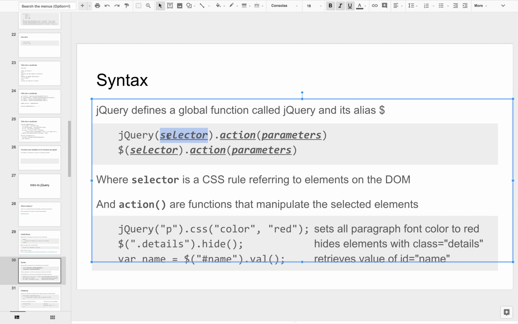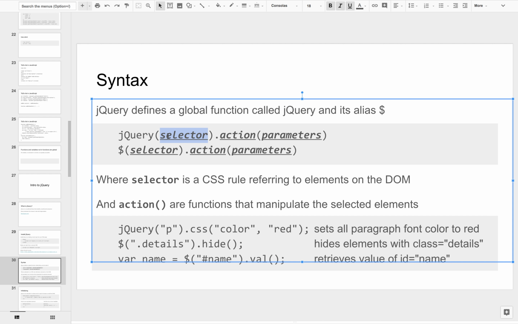They use a very common mechanism that you should be already familiar with. If you've been styling elements using CSS, you have figured out that the left-hand side of a CSS rule is a string that refers to elements in the DOM.